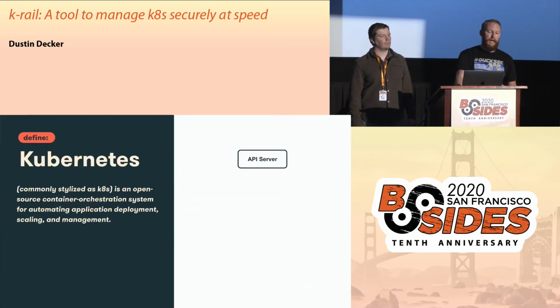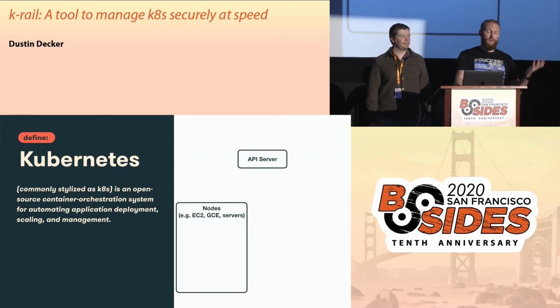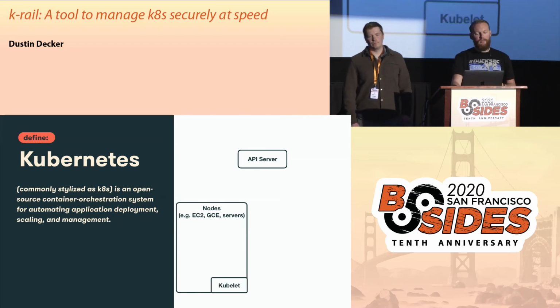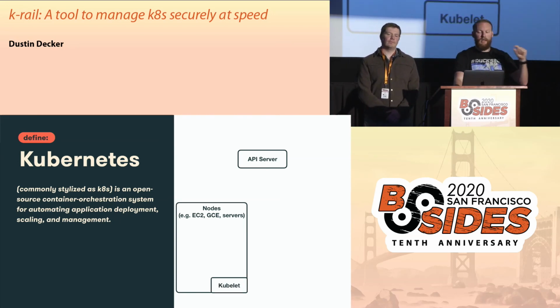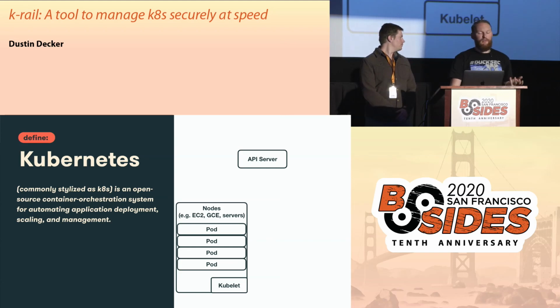So a little bit more detail, particularly related to how K-Rail works. So what is the API server? Well, it's the coordinator of the system. So it receives this request and then talks to the other moving pieces, such as nodes. So nodes are effectively the servers that you're trying to talk to here. Think EC2, GCE, or any compute really. And they talk to them via a little thing called a kubelet, which is an agent that runs on those nodes and then talks out to the API server for instructions. Once it receives those instructions, it affects the change, which is the pods we were talking about before, which is groups of containers with certain configurations, how many replicas you want, the image, and so on. And the power of Kubernetes really comes from the fact that you can run many, many, many nodes.